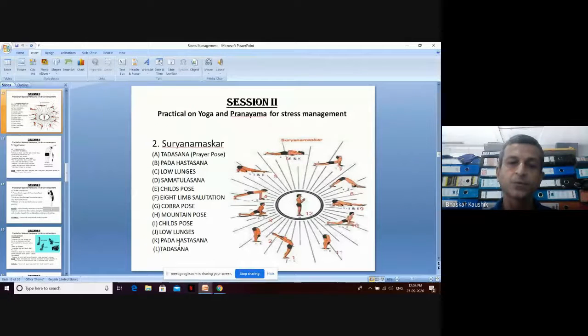So the first posture of Surya Namaskar is the prayer posture, or Tadasana in Sanskrit. We'll be calling it the prayer posture, where you will be standing still, straight up, and joining your hands in Namaskara posture. And in Surya Namaskar, there are 12 mantras, actually 12 names of Surya, which we generally chant